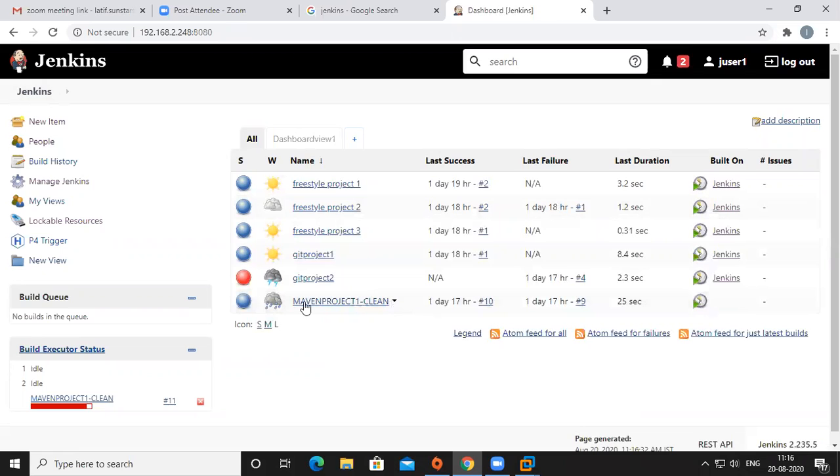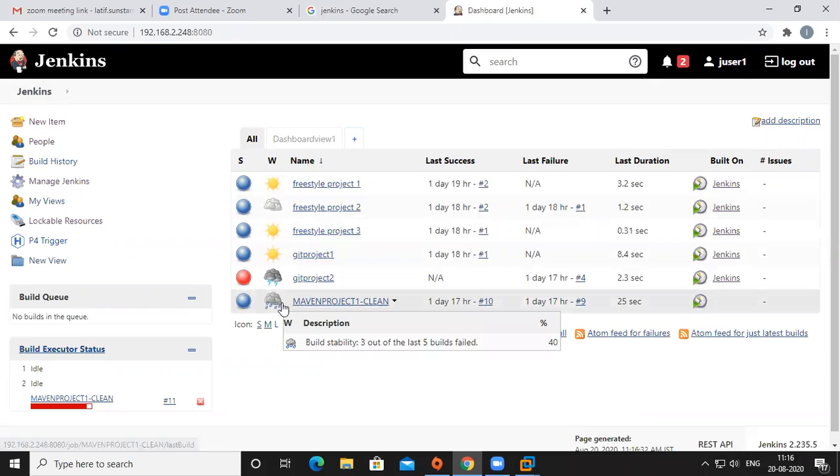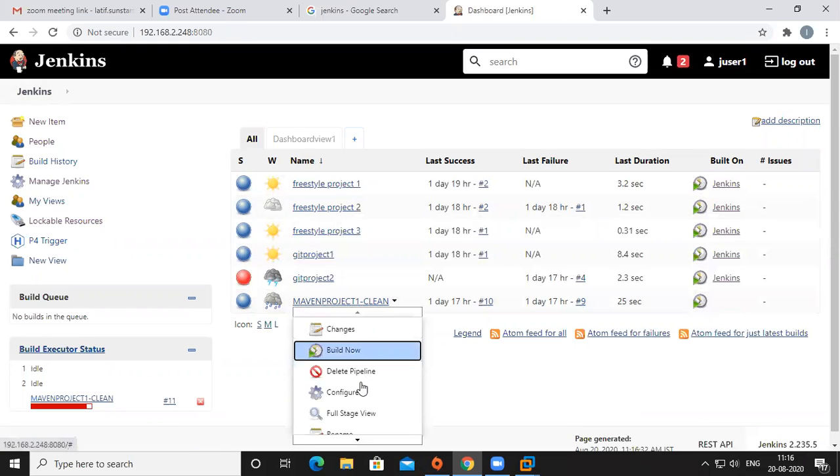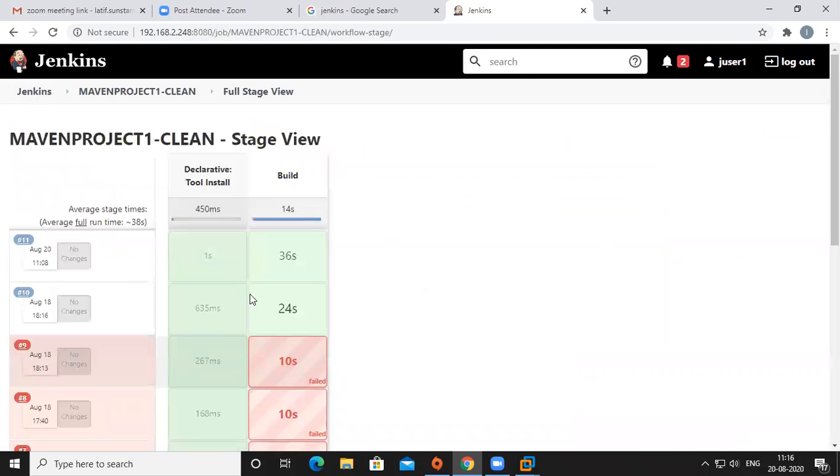Is it 3 out of 5? So now it is increasing. It means more successful builds, so more things will be okay. I think you understand that view thing. Otherwise, this is a full stage view.